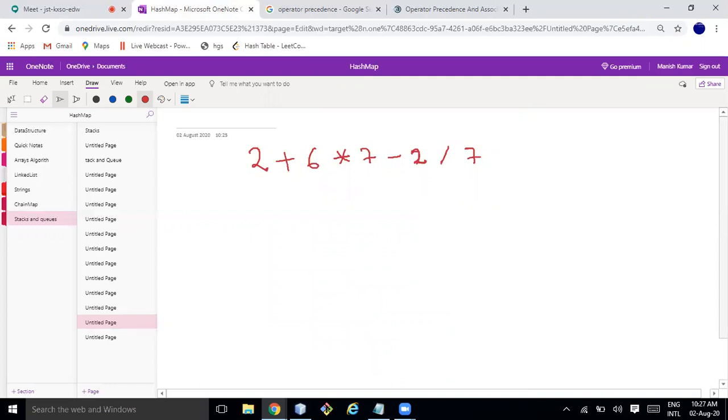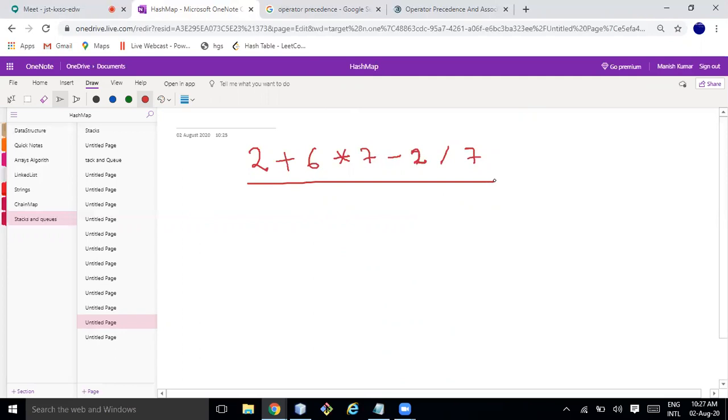So if you are asked to convert this into a postfix expression, how can we do it?